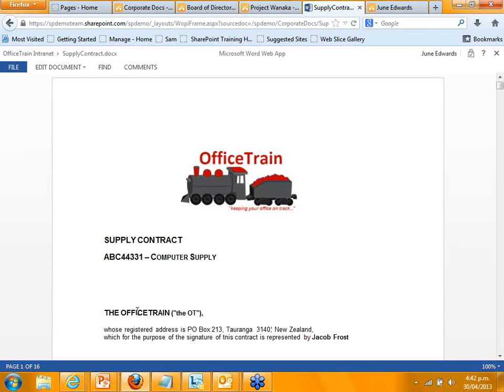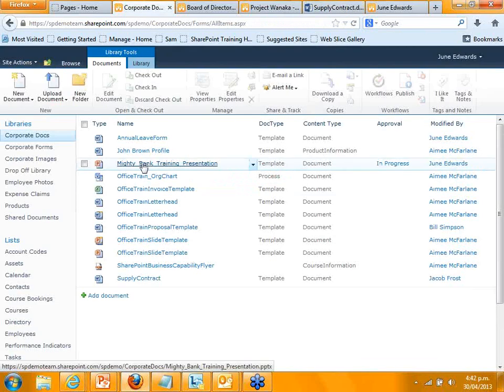And it means that it's shown within the browser, so it's not within Word that I've opened it. I can edit the document in here, and it'll give me very basic edit capability, or I could download it and open it in Word. But as I said, the main thing here is that it's a lot faster for me to be able to click on this and view it in the browser, especially if you're in remote places, or your users are not needing to do really high-powered Word and so forth editing. They just need to be able to read the information.